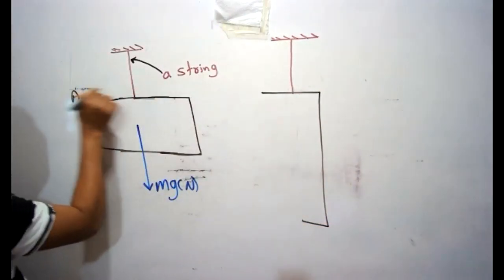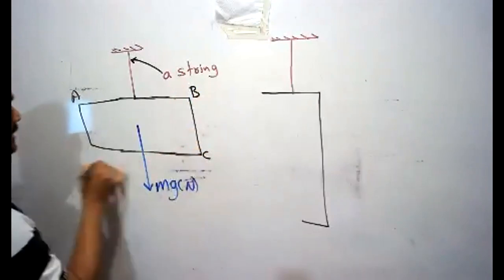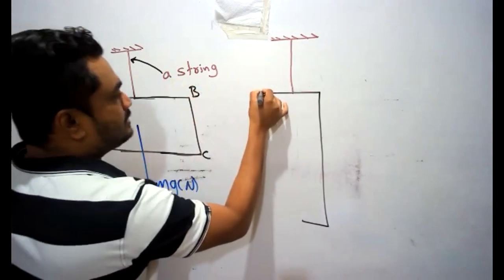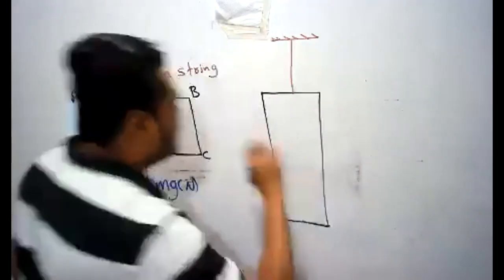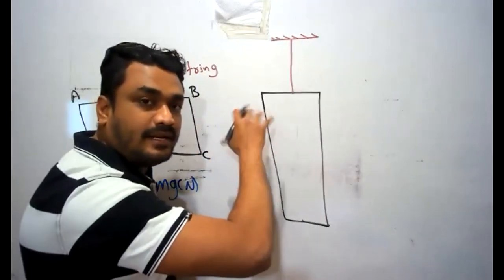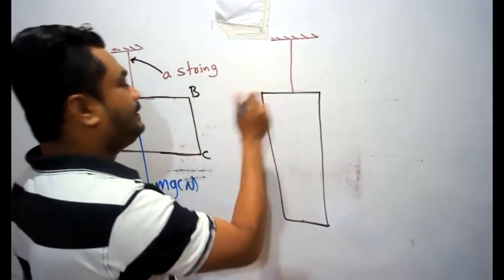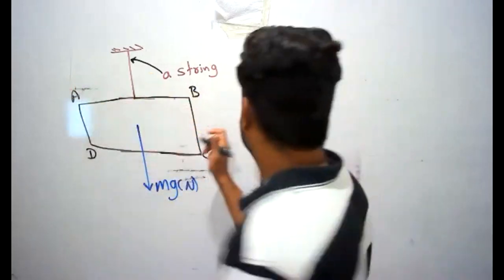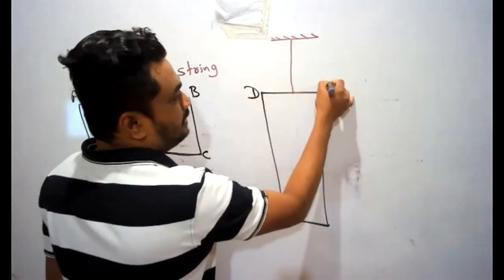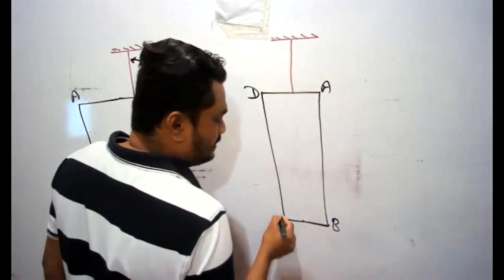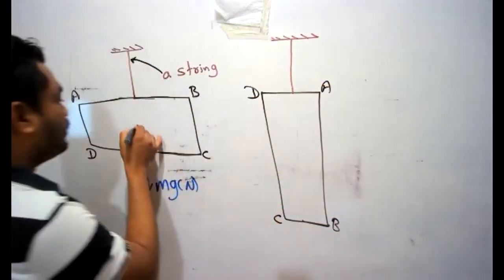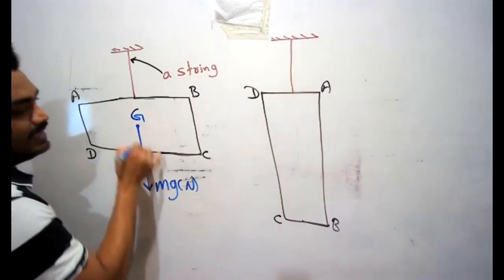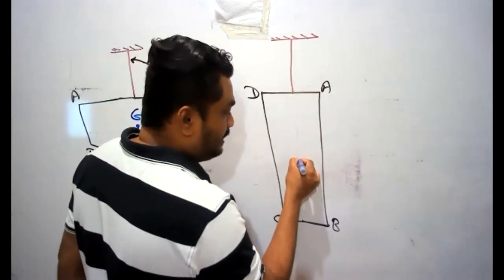If I name these points A, B, C, D, and I rotate it, this will be AD. Once I rotate and hang it, this will be D, A, B, C. If I name this point as capital G, again we can identify that the gravitation attraction